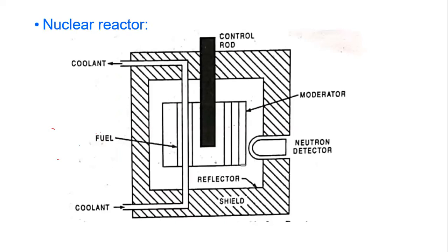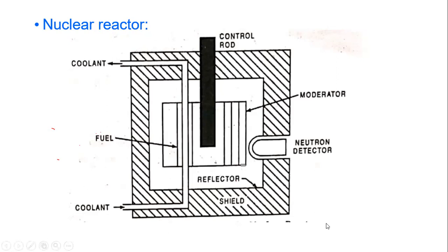Next one is the coolant. Why are we using that coolant? Coolant is one of the major important considerations. The coolant flows around the reactor core. It performs the additional function of keeping the interior of the reactor cool. A good coolant should not absorb the neutrons. It should be non-oxidizing, non-corrosive, and have high chemical reaction stability.